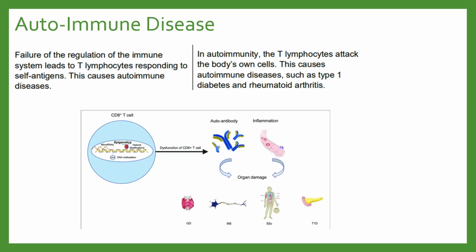But this process can go wrong, so failure to regulate this immune response will result in the T lymphocytes actually responding to those self antigens, leading to the category of disease known as autoimmune diseases. Because these T lymphocytes are attacking our own body cells, breaking down and destroying those cells,